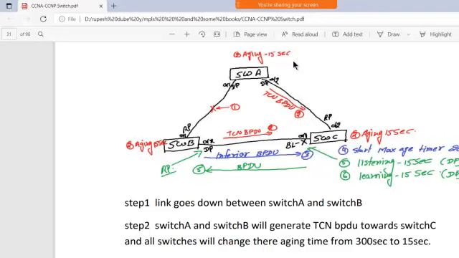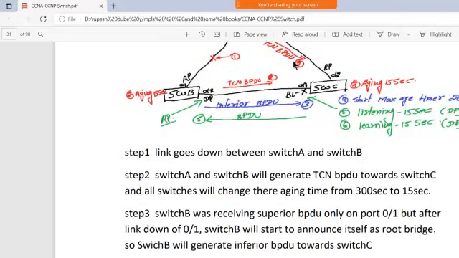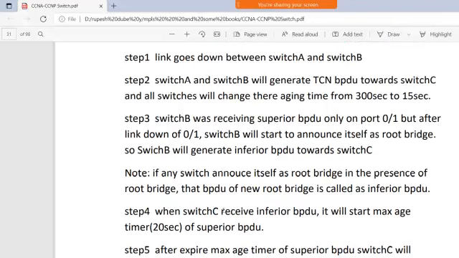Means you see your real environment and all the things, right? Then you will realize that okay, that was a kind of dream which I was seeing. Okay, so if the root bridge is alive and there is going to be a new root bridge, then the new root bridge is going to send the inferior BPDU.